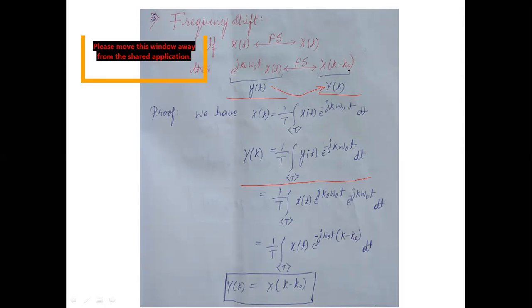It is nothing but the shift in the frequency domain. As I told you in the beginning, frequency shift is the property which says that if you shift the frequency domain signal, that is the Fourier series coefficient, by some amount, you are going to check what is happening to its corresponding signal in the time domain. So here we have shifted the Fourier series coefficient by k naught and are checking what is going to happen to its time domain signal x of t. Okay, got it?